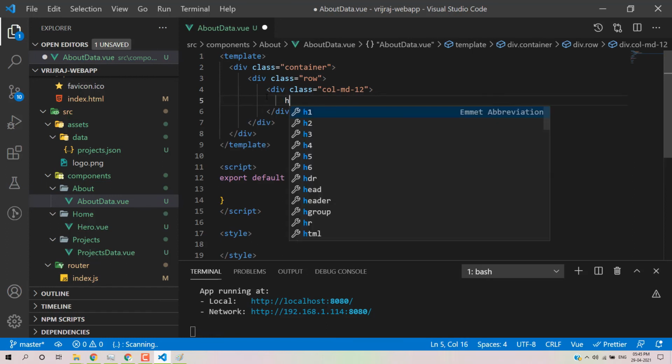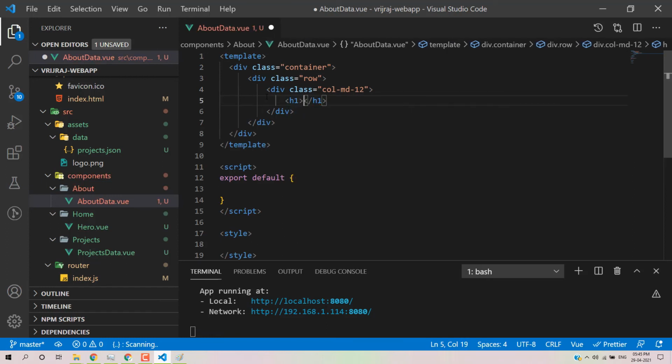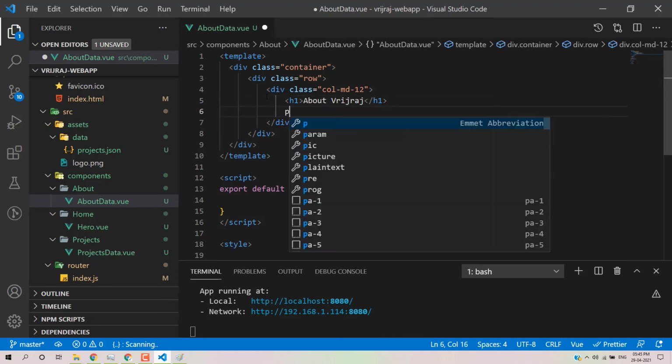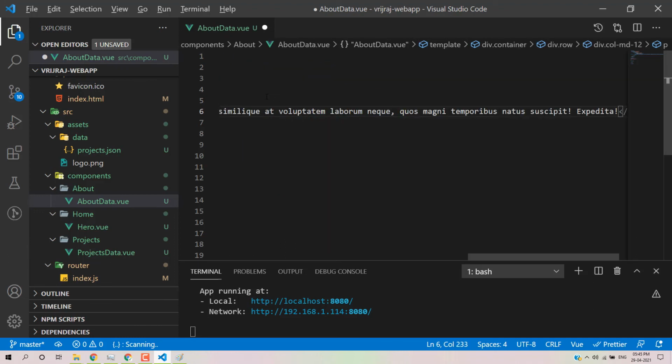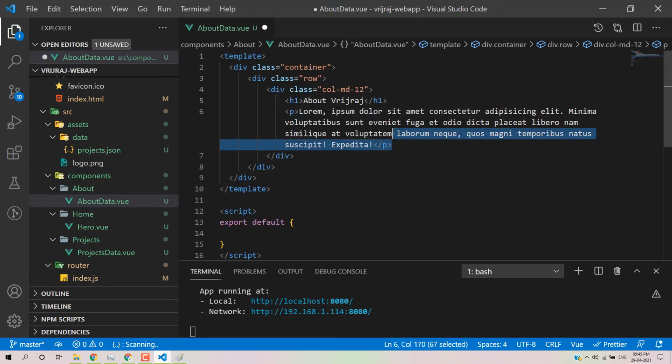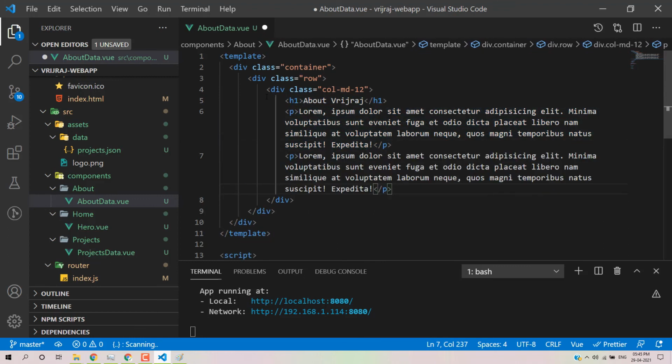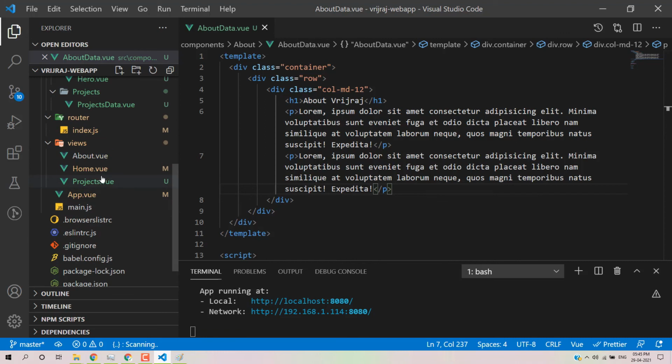Here you can write, let's say, an h1 about Raj or any other person's name. You can mention links or a paragraph, whatever you want. It's totally up to you to design.